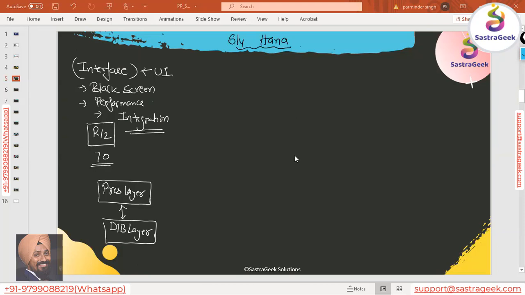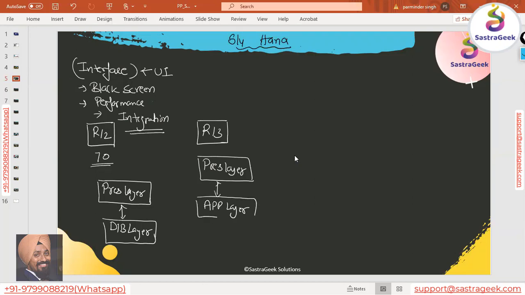Then SAP came up with R3. In R3, the architecture is that we have the presentation layer, which is connected with your application layer. The application layer comes in between. And then it was your database layer.